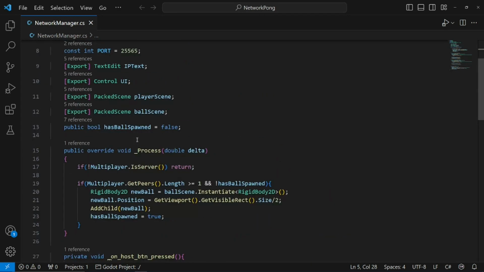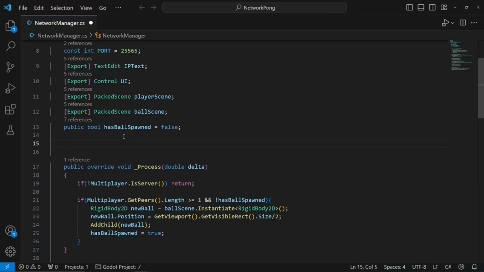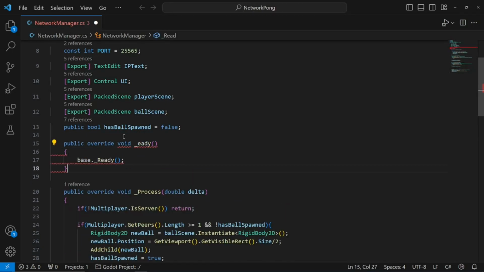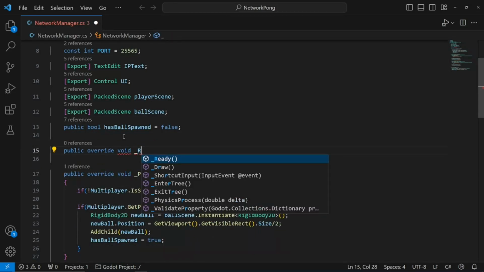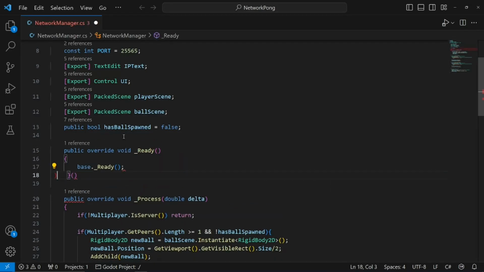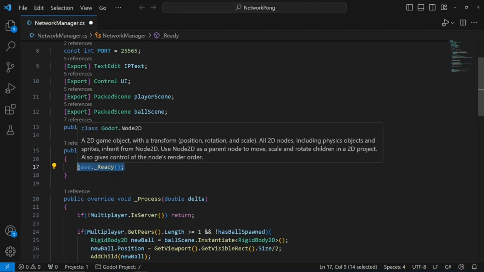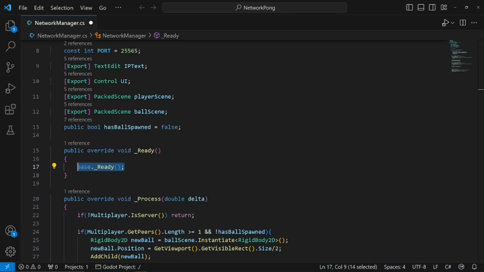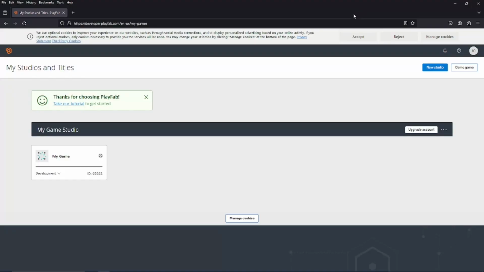I can already see in this script we don't have a ready function, so I'm going to create one. So public override void Ready, and essentially this will just run code whenever the script is executed. We're going to have to tell PlayFab essentially who we are. So if we go into PlayFab and click on my game,